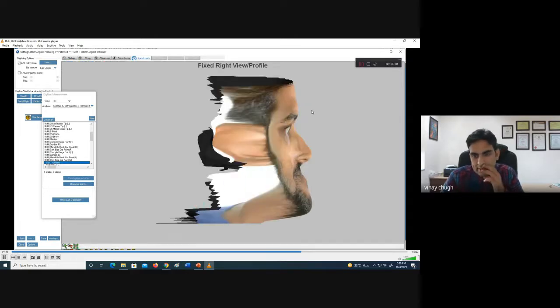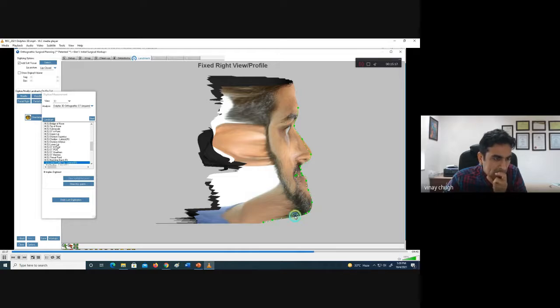Once you do it, you will have to mark this again onto the superimposed photograph also. If you have a 3D photograph, this will give you very good pictures. If you have a little bit of accuracy differential in this software, then a 3D picture will be very good. So I'll just mark all these landmarks onto this. Once the landmarks are marked onto this software, all the landmarks: lower eyelid, tip, neckline, back.